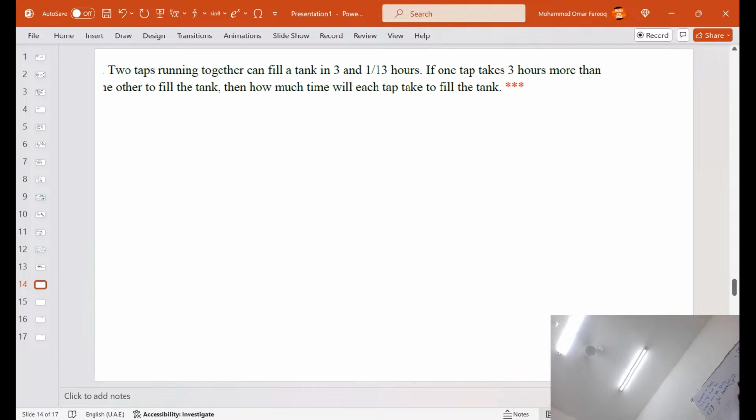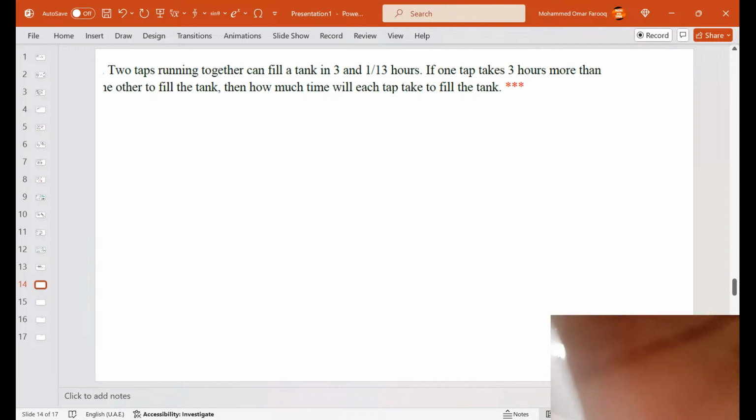That implies 2x plus 3 divided by x square plus 3x is equal to 13 by 40. Now let us transpose. Students, you cannot cancel 3 and 3. So when I transpose 40 into 2x,